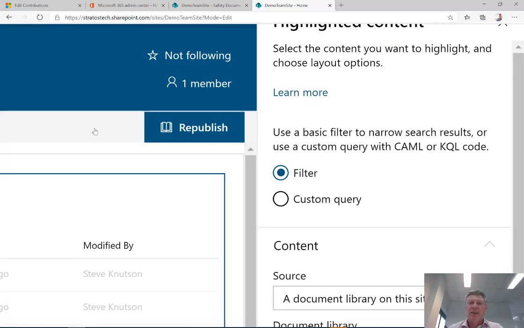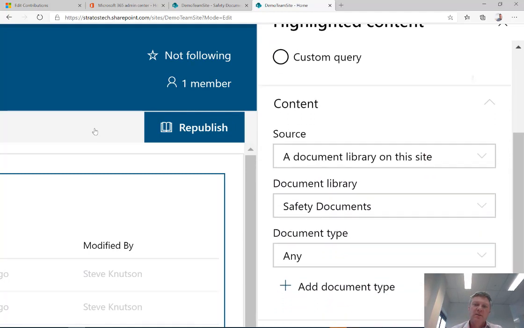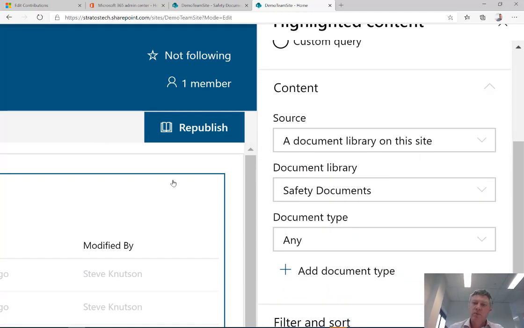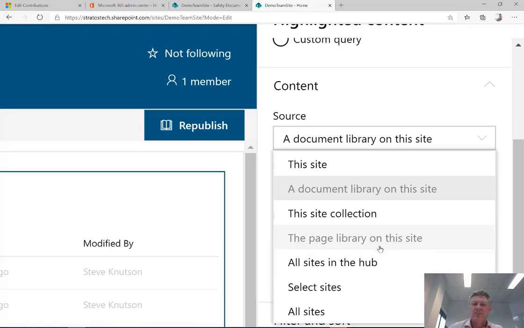So starting from the beginning, at the top, we have the filter and custom query options. We have our source location, where we can specify where the documents are coming from, and you'll see within this, it's got a variety of sources, including this site, so any document libraries in the site collection, the site pages library within the site, any sites connected to a hub, this one is associated with if it's a hub, and selected sites, or all sites. So you can specify